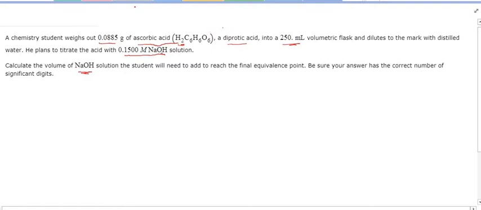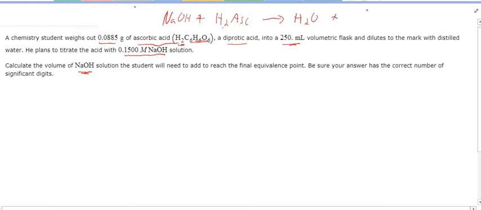Well, this is a base, sodium hydroxide. Ascorbic acid is a diprotic acid. And so we can write an acid-base equation here. So we have our sodium hydroxide plus the ascorbic acid, which is H2, and I'm just going to write ASC for this thing right here, the ascorbate ion right there. So we have sodium hydroxide plus ascorbic acid, and we know that all acid bases give us water